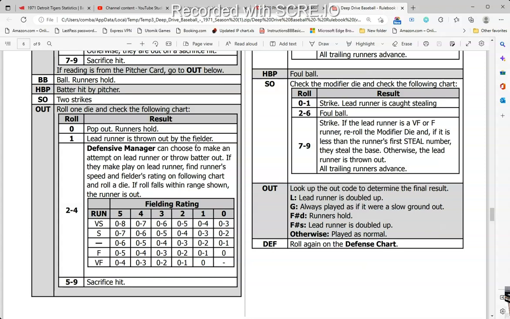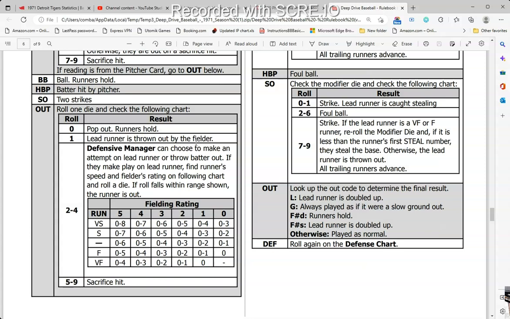the speed ratings for the different players: very slow, slow, average, fast, and very fast. Most players on the team that I just randomly picked were average speed, and I would venture to say that most players are going to be average speed on your teams. You may get a team that has faster guys, fast, and then very fast guys, but that is probably a special team. I don't think it's your average team. Okay, so